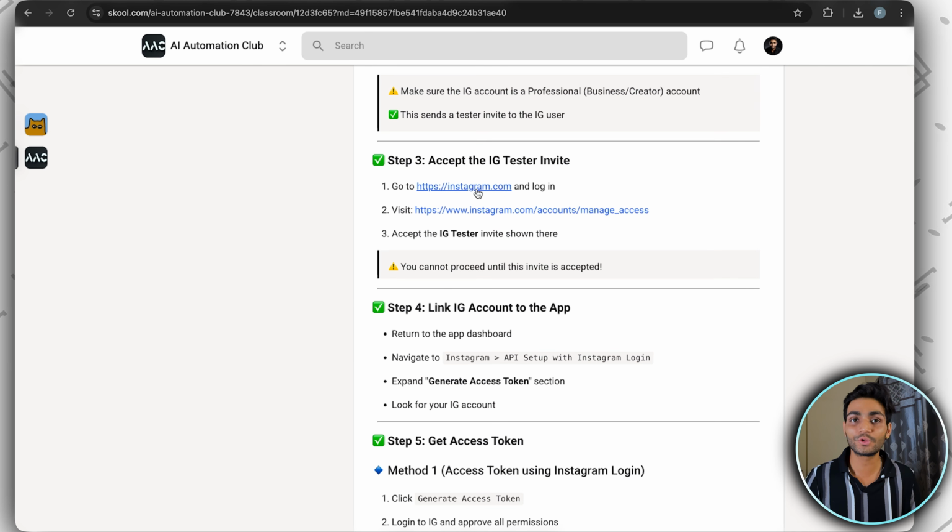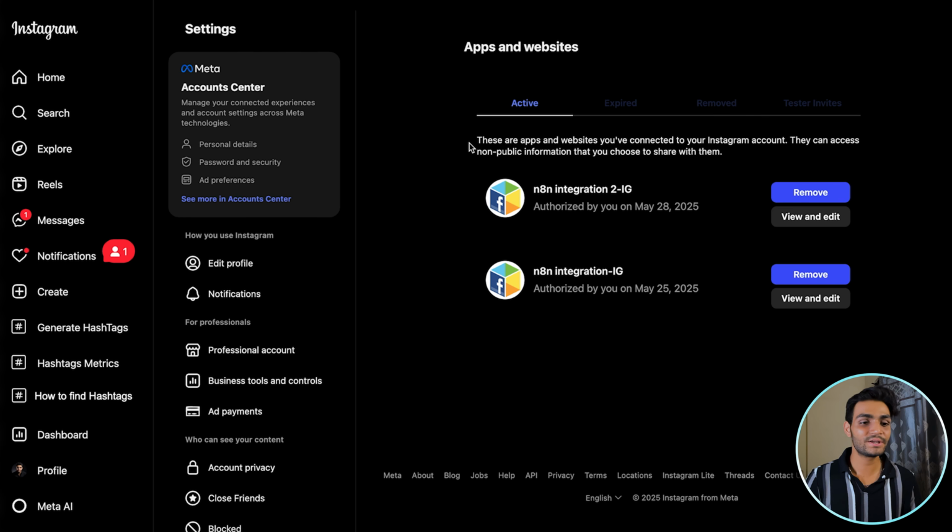So for this thing, we have to go to Instagram. Then in Instagram, we have to go to /account/access management. I'll copy this link and paste it over here. So as you can see, this is my Instagram account and I already have 2 apps which are authorized, but